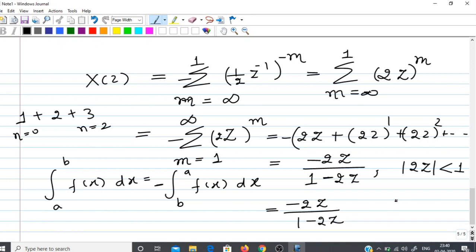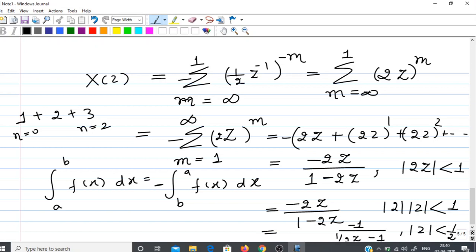And then what we get? Mod 2 into mod z is less than 1. Now if I divide numerator and denominator by 2z, what do I get? 1 upon 1 upon 2z minus 1, and the minus sign is here. For what? For mod z strictly less than half. In other words, what you get,